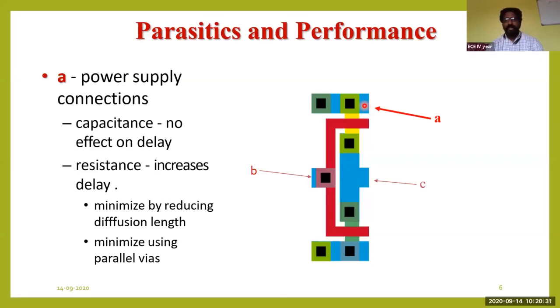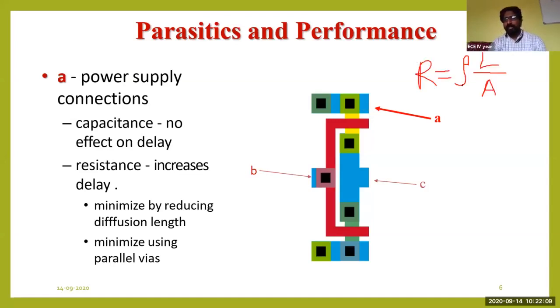If the width is increasing, then definitely it reduces the resistance. Why? Because resistance is inversely proportional to the width and directly proportional to the length. If length is increasing, then the resistance also increases. Why does the resistance increase? The main reason is that we are talking about the length of a particular mask or channel. It takes a longer amount of time for the charge carriers to move from one point to another point.